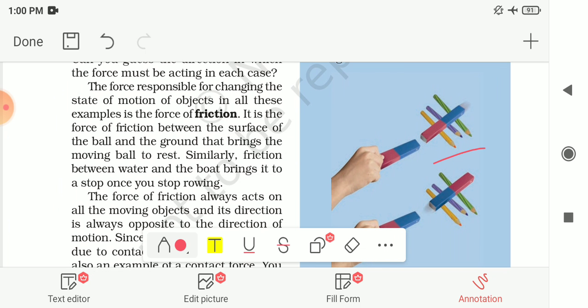You have to take one bar magnet and put this bar magnet on the wooden pencils like this. Then bring one end of the other bar magnet near the end of the magnet which is placed on the roller like this one. Make sure that the two magnets do not touch each other, and observe what happens to both of these bar magnets. Next you have to bring the other end of the magnet near the same end of the magnet which is placed on the roller like this.